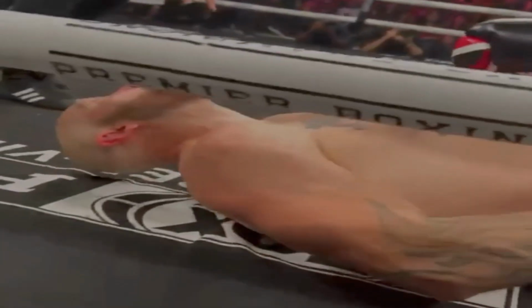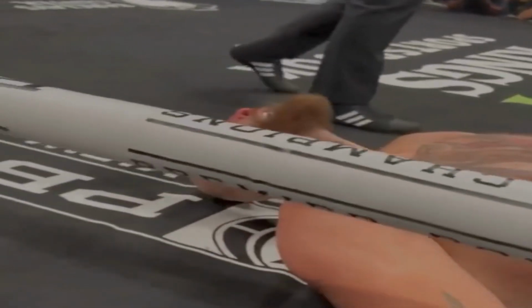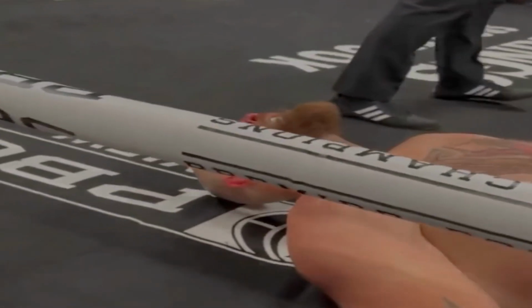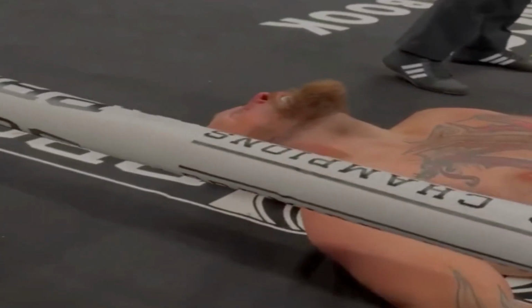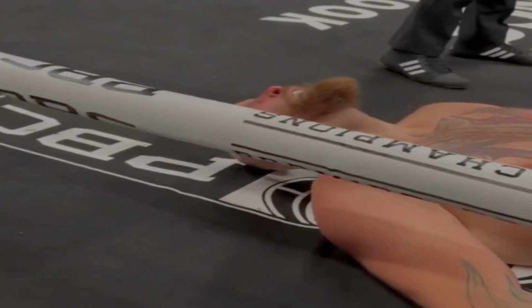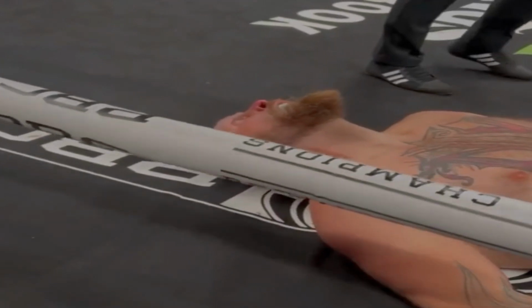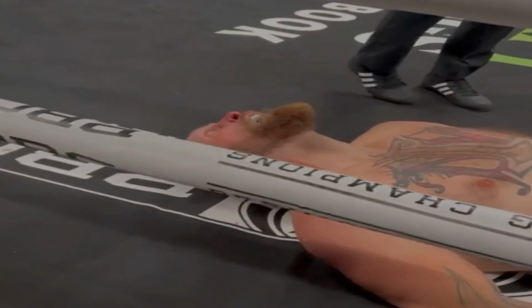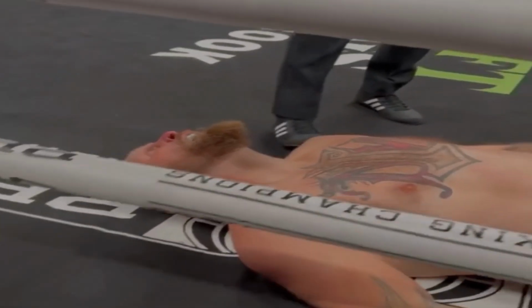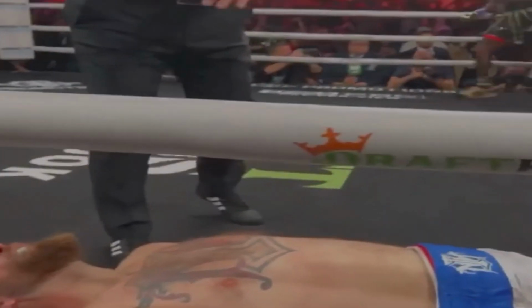Now we talked about the mistakes that Helenius made with his feet. I want to talk a little bit about Deontay Wilder and his punching power. The punching power is absolutely ridiculous. Not to mention, he's on his toes. He's on the back foot when he throws this punch, and he's on the back foot in the corner. Feet not even fully planted, and he just throws a very short right hand that he doesn't even get to turn over fully, and knocks Helenius